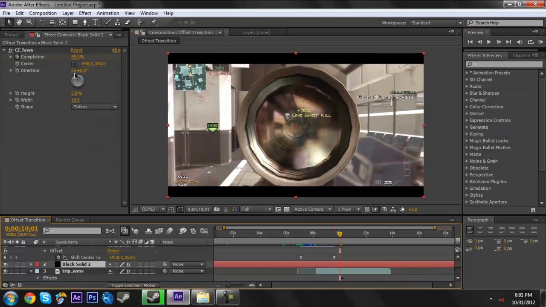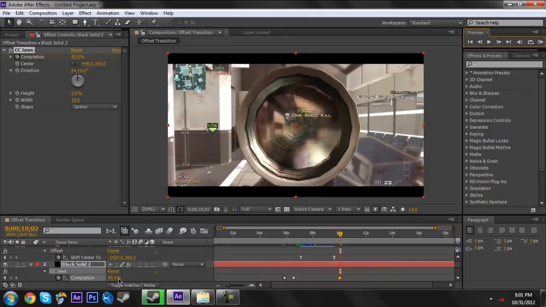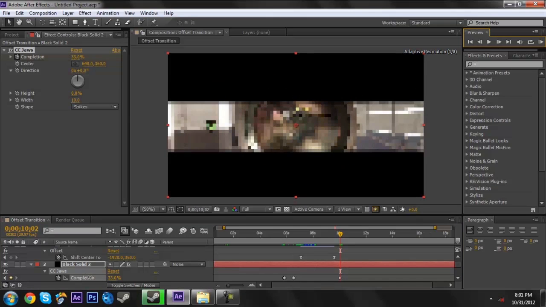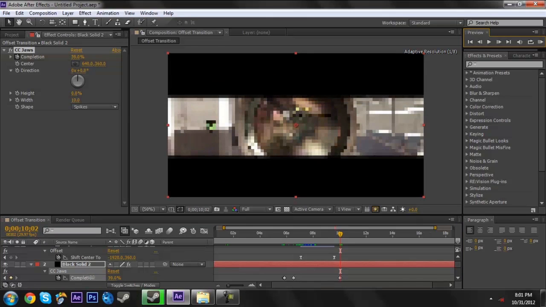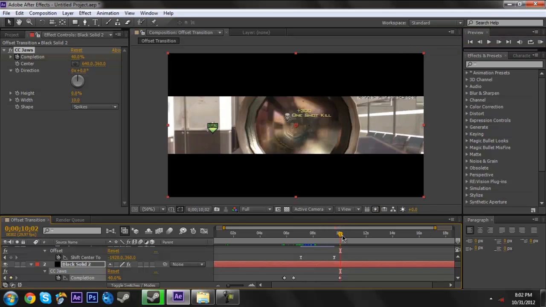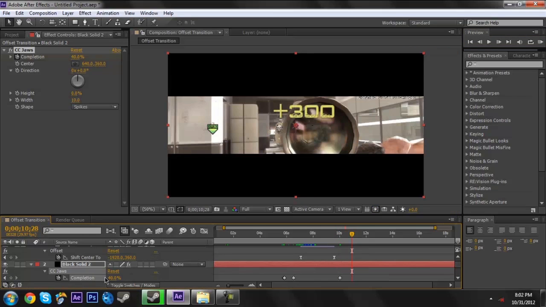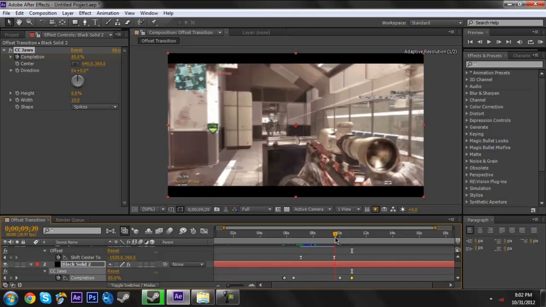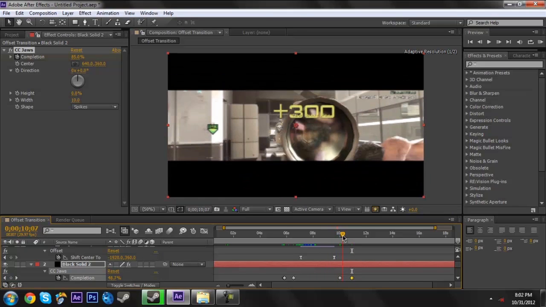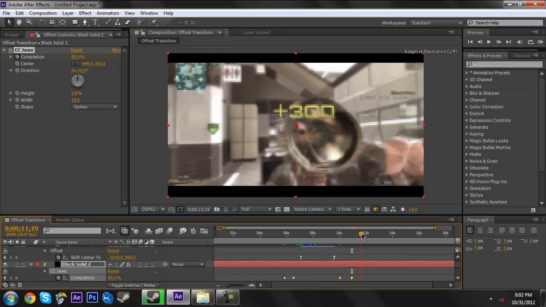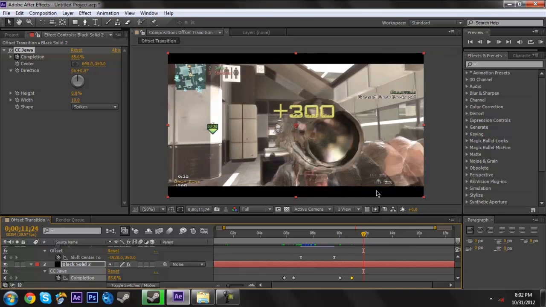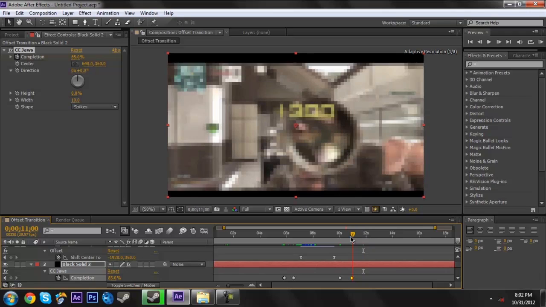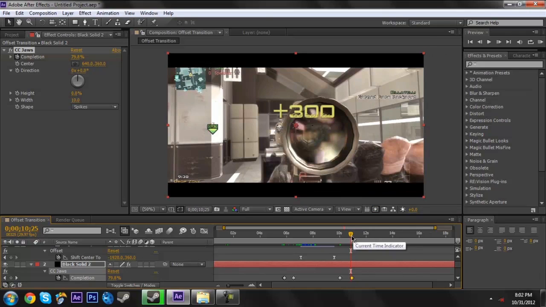So we're going to go to the black solid. Press U on our keyboard. Keyframe. Move forward a frame, and turn it down to 40-ish. There we go. Move forward a little bit and change it back to 85. So there we go. Smooth offset transition, and it does this, except the warping at the end, which I need to fix. Maybe I'll fix that after. Anyways,